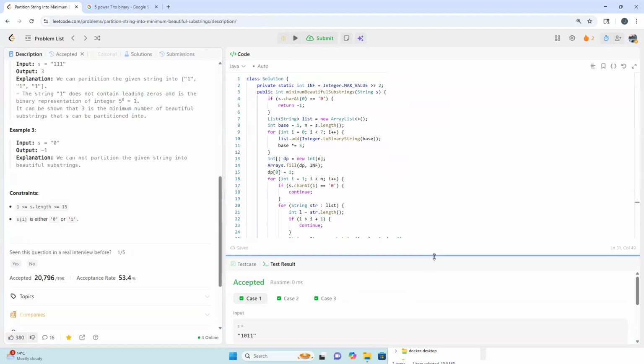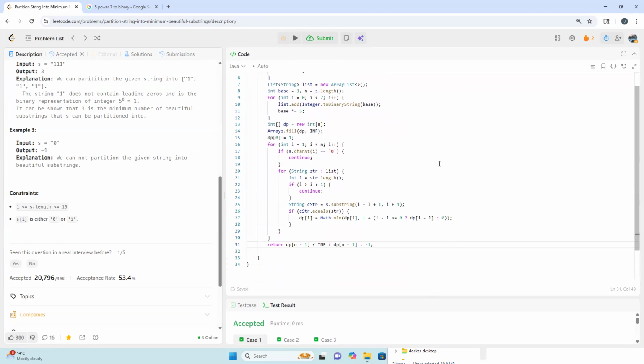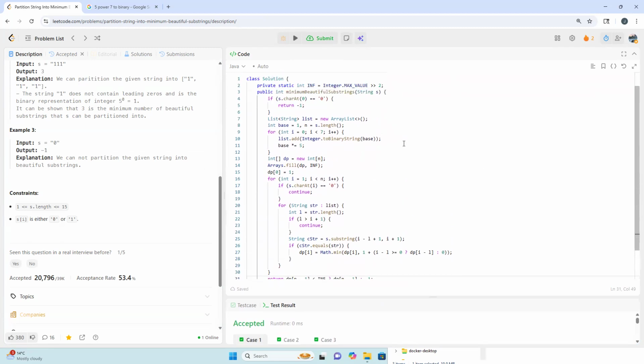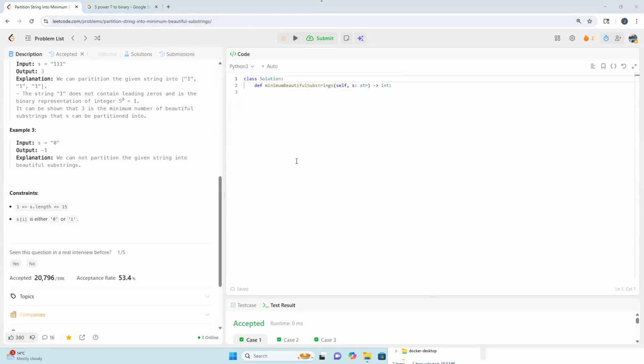Okay. So doing it like this, it will be 7 multiplied by n time complexity and O(n) space complexity. And we can also write Python code for this. So if s[0] starts with 0, right? That means it returns minus 1. And we are going to have a dp. Let's first generate